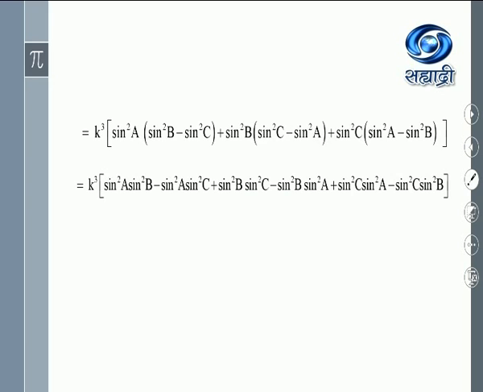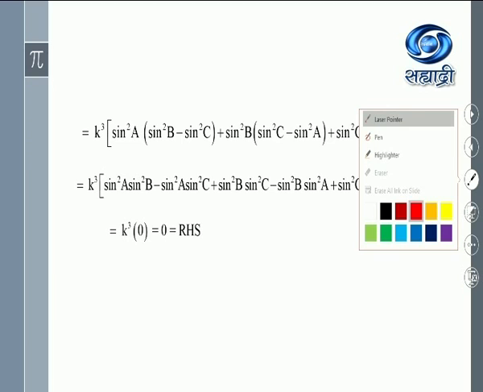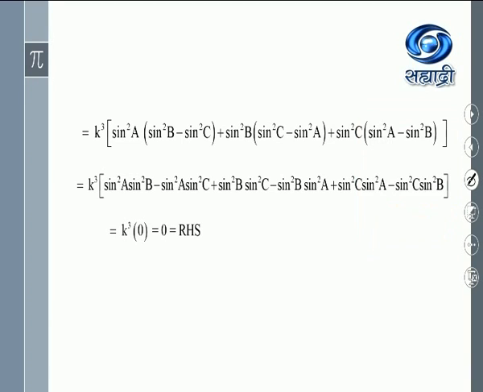So here we open the bracket and see all the terms now. Look at the terms. This is sin square a into sin square b. Now find out another term with the opposite sign. Sin square a into sin square b, and this is also sin square a into sin square b but with opposite sign, right? Now minus of sin square a into sin square c and minus of sin square a, this is plus of sin square a into sin square c. These two terms are exactly similar but with opposite sign.